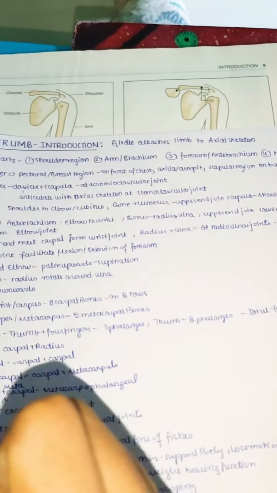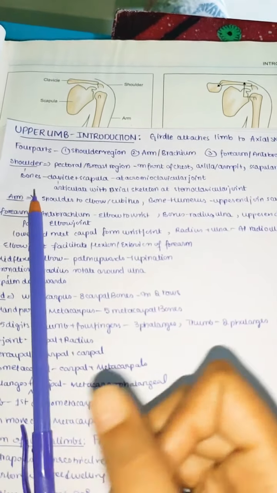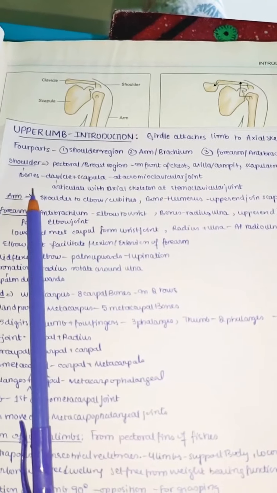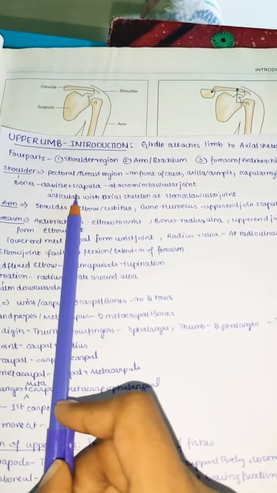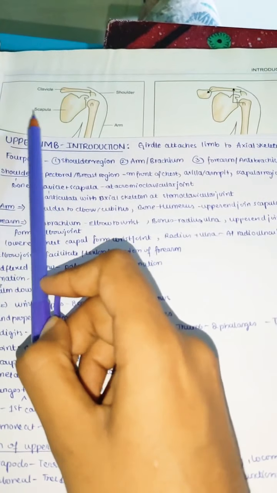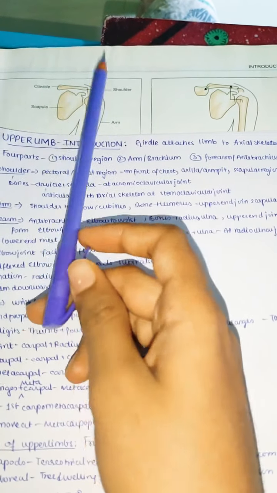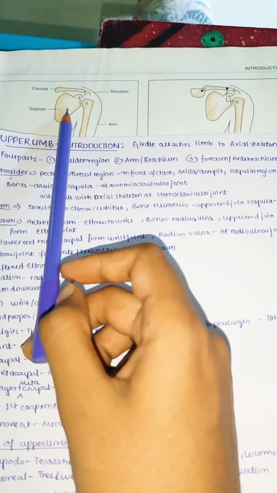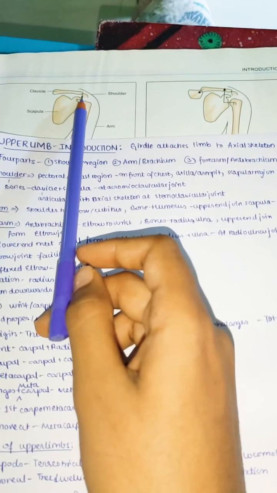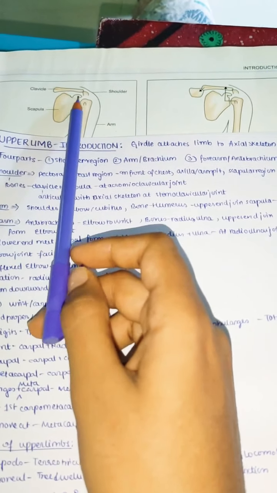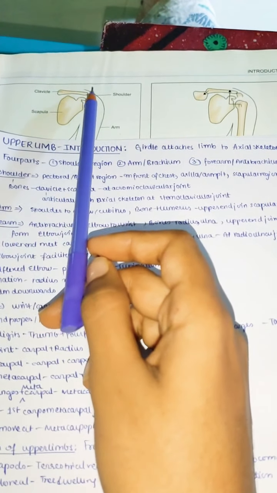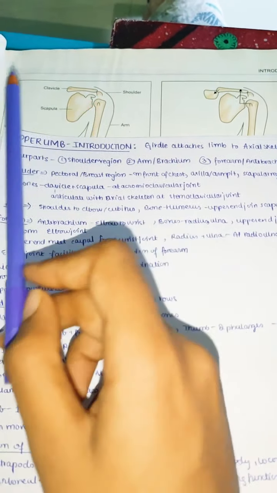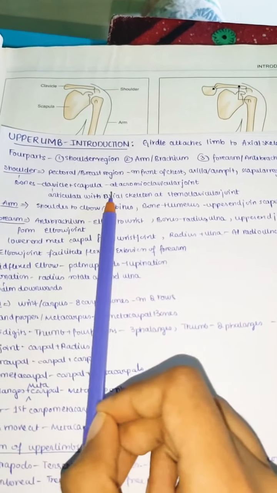You can see it's a posterior side, and you have different bones in the shoulder joint like clavicle. So if you see here, this is a clavicle, and next we have a scapula. So this is a scapula. So mainly we are seeing on posterior side. So clavicle, scapula. They actually both meet at acromioclavicular joint. So this acromion process of scapula joins the clavicle. So they both together form the acromioclavicular joint.